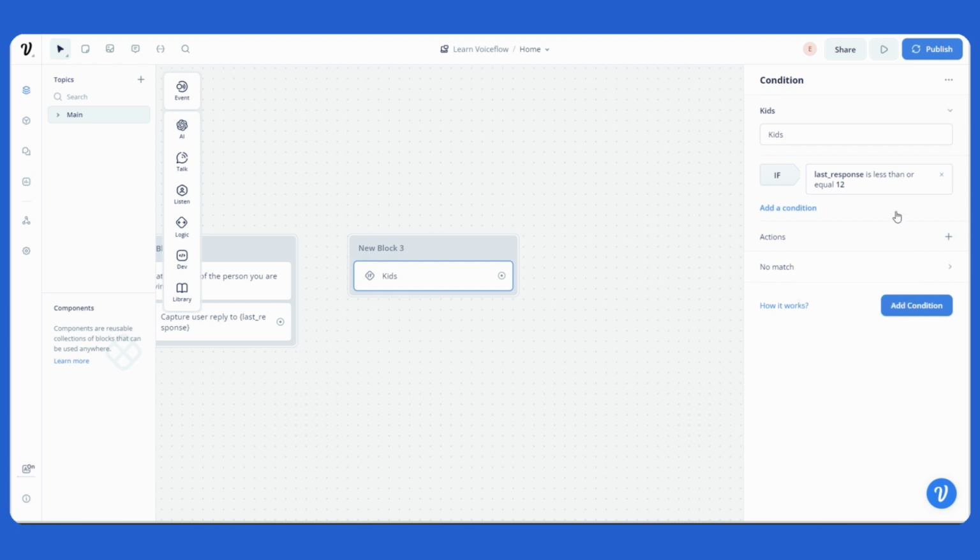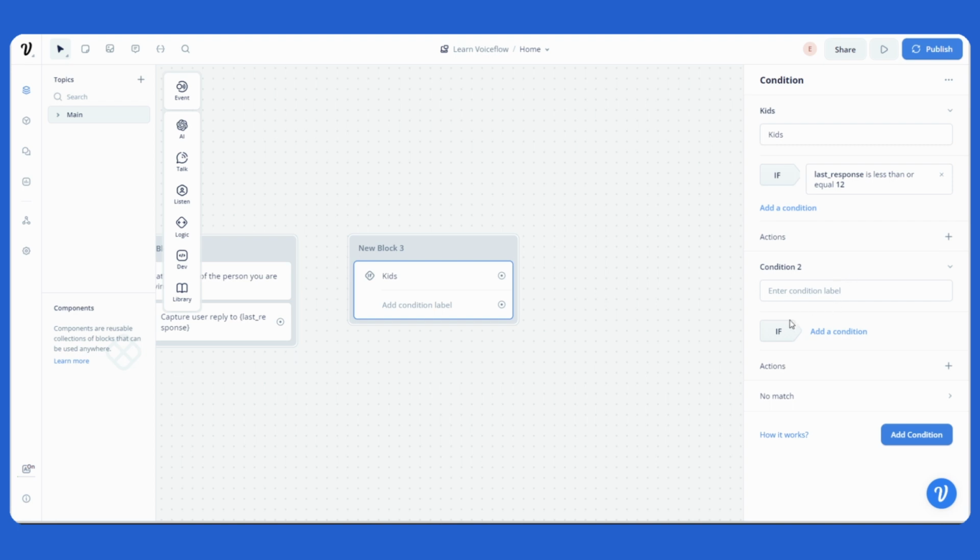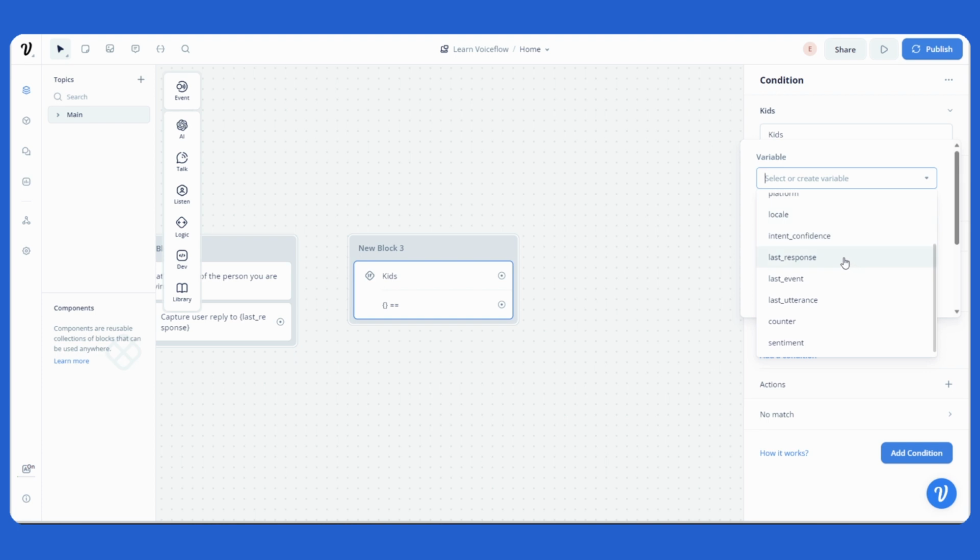Now this is going to be interesting because remember, for the kids, we only had one condition here. So if it's less than or equal to 12, let's group them into kids. But what you could also do with conditions is layer them. And that's what we call logic groups. So let me show you what I mean. So let's add a condition. And then let's say if the age, so if the variable called last response, which is our age, is greater than 12,